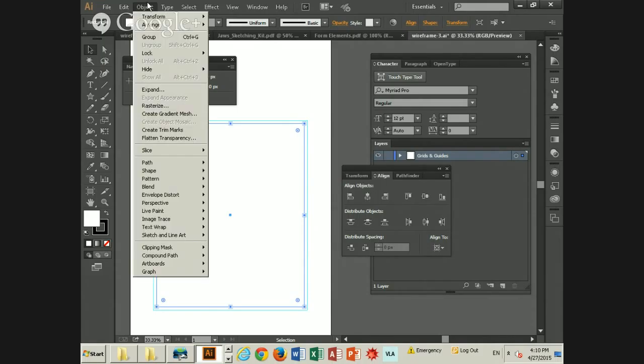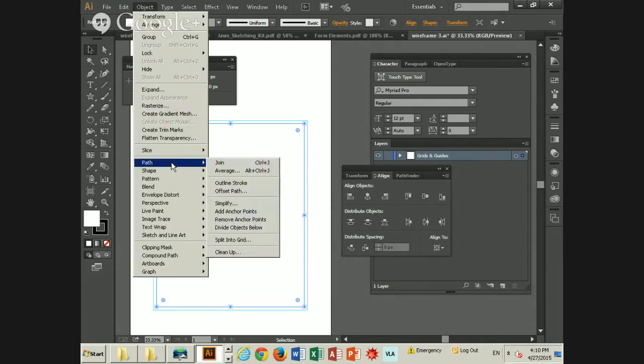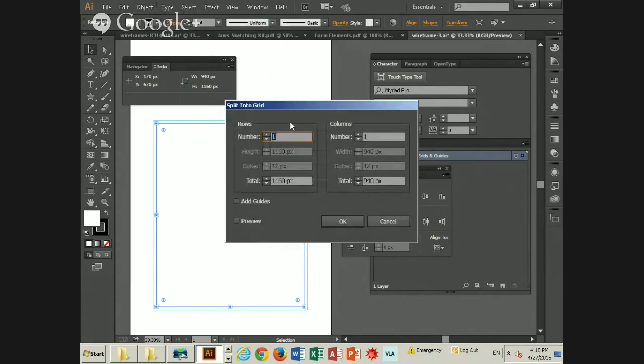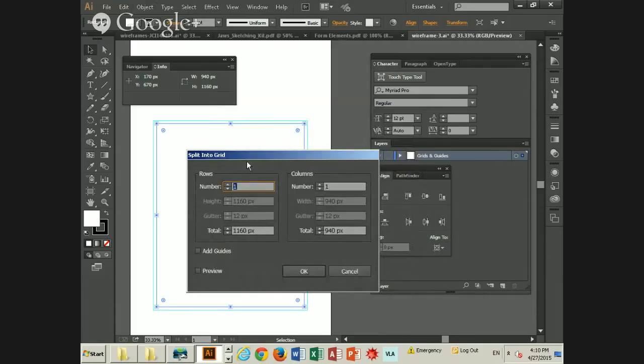Okay. Object, path, split into grid. That looks interesting. Let's see what that does. So it says, how many rows? How many rows, Levi? 1. Columns, how many columns? 12. So if I put 12 in there,